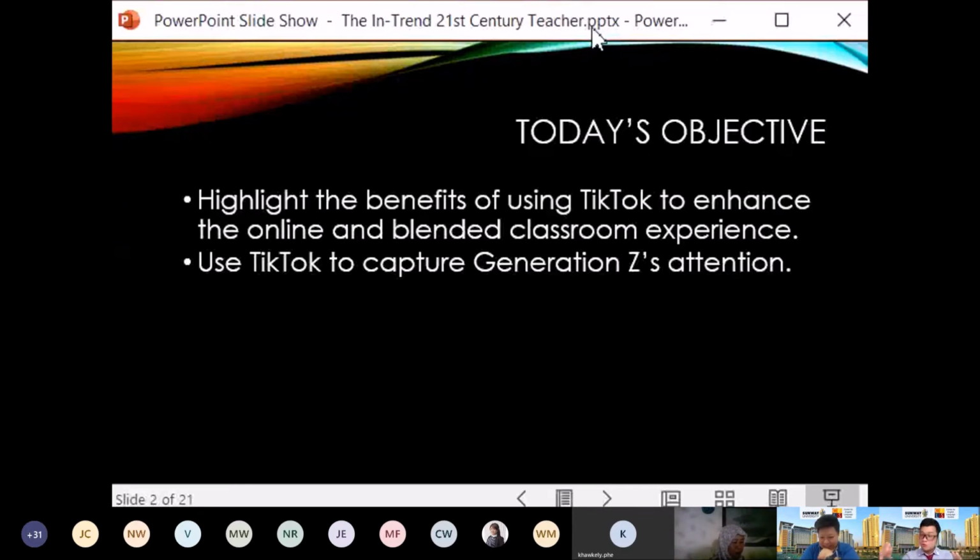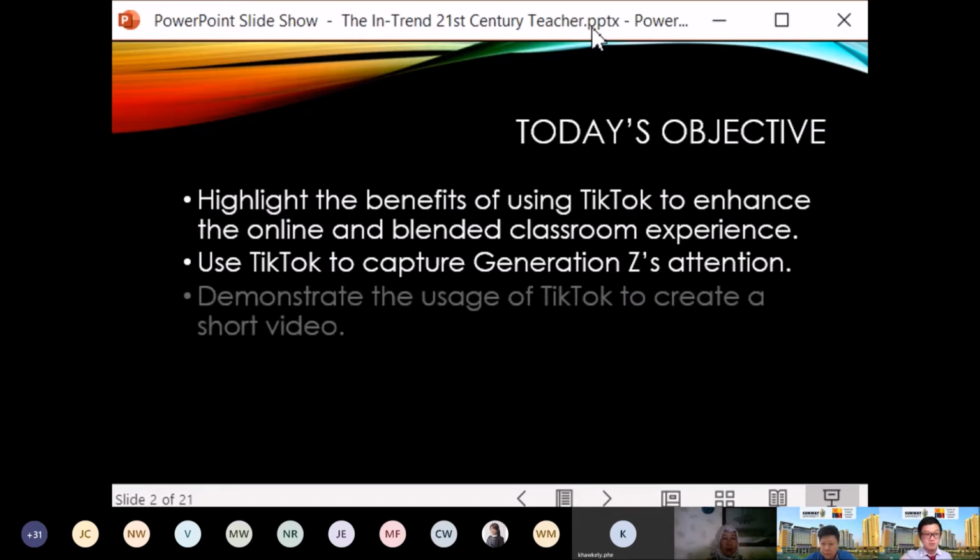And those of you who are parents, with kids, especially kindergarteners and primary schoolers doing online classes, you will know that the moment the teacher comes online, they're running here, running there, running everywhere. They can't pay attention. And teens don't disengage physically, but they disengage mentally. We're going to see about that later, and how TikTok will be able to solve that problem for all of us.